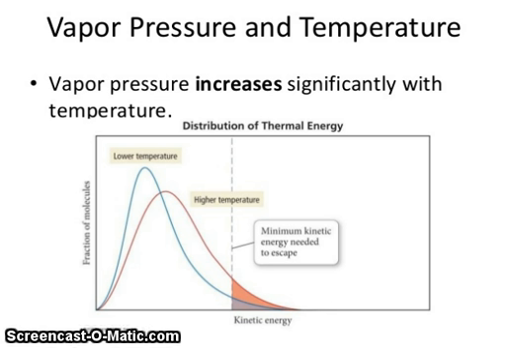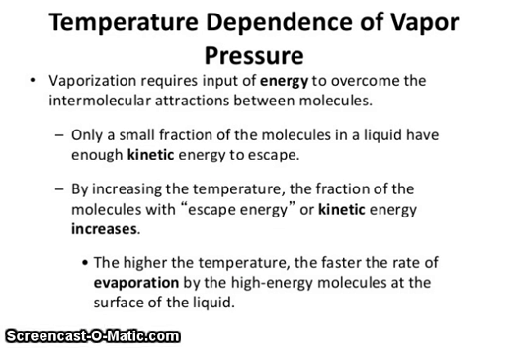Now, vapor pressure and temperature. Vapor pressure increases significantly with temperature. Distribution of thermal energy. Temperature dependence of vapor pressure. Vaporization requires input of energy to overcome the intermolecular attraction between molecules. Only a small fraction of molecules in a liquid have enough kinetic energy to escape. By increasing the temperature, the fraction of molecules with escape energy increases. The higher the temperature, the faster the rate of evaporation by the high energy molecules at the surface of the